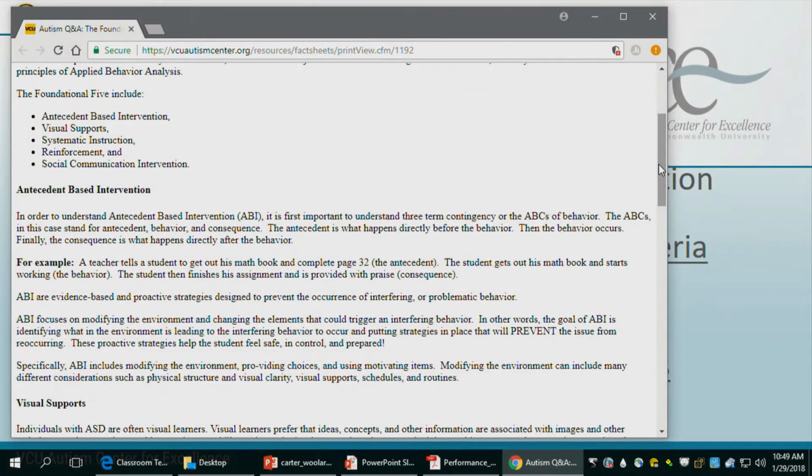And I'd like to just throw in a plug for the performance criteria, the standards again. For example, the first one on the bullet list is antecedent-based intervention, which is all those preventative strategies that teachers use to set up and promote instruction. An example of that might be to use a visual support in order to prime the student for learning or to remind them to stay in their seat or something like that. That preventative strategy ties right back to that performance criteria, and it's embedded throughout all 7 of those.